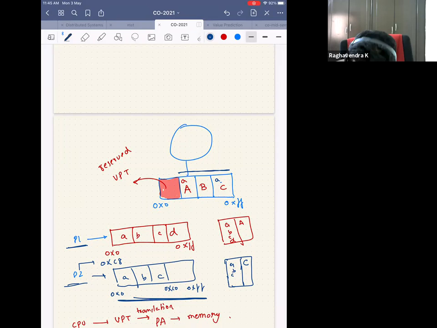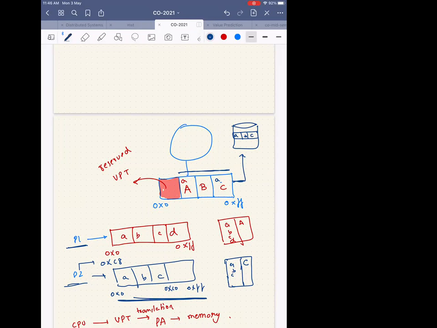Maybe we should draw one more diagram here. You are forgetting that this is a hard disk, right? Let's write the hard disk here. Now in the hard disk, you have allocated the swap space for small a, small b, and small c. Where is d? There's no D defined itself. Okay. Because it's not defined, right?